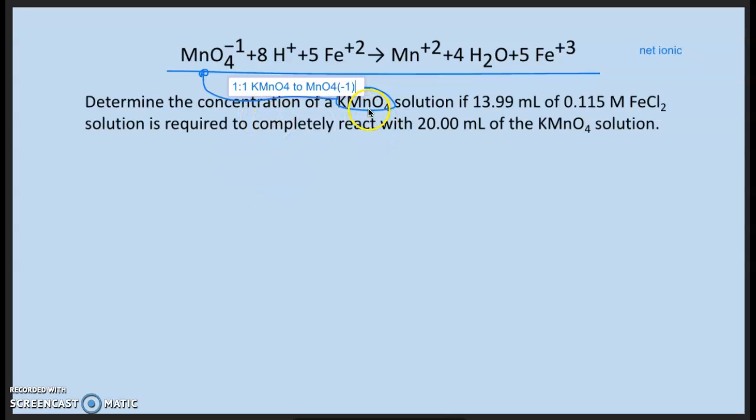So whatever we determine the concentration of this stuff to be, it'll be the same as the concentration of this stuff and vice versa. The other task that we can look at is we can see that we've got iron 2 chloride, which contains iron 2. And so that's going to directly correlate to this. And we can see that this is also a 1-to-1 ratio of iron 2 chloride to iron 2 plus. And so whatever we determine the concentration of this to be, it'll be the same as this and